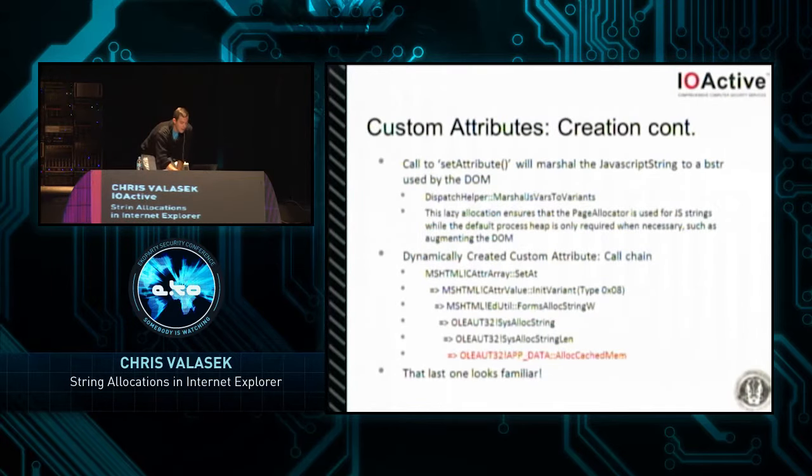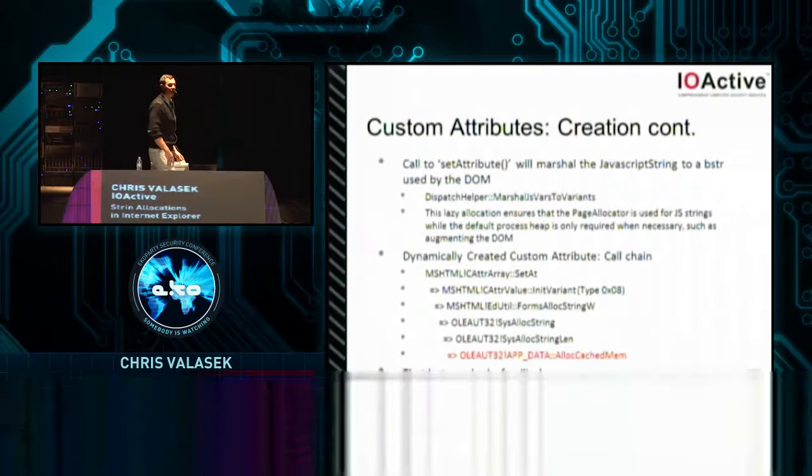So I traced the call chain for creating a dynamic custom attribute like I did in the previous slide, right? And it had a pretty long call chain, but eventually I saw that at one point it called the app_data alloc cached mem. And I instantly recognized that function as being the function that Serderov reverse engineered for